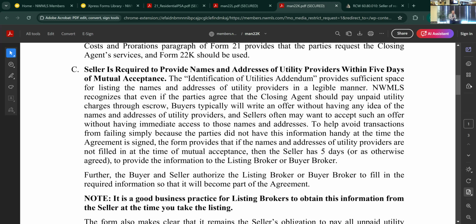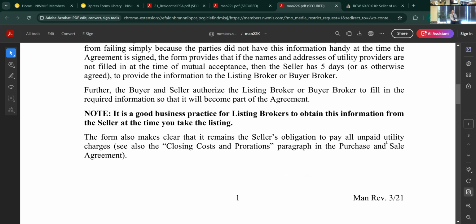If you're listing a condo, a single family residential property, or even a multifamily, you absolutely should have 22K already filled in. Name of the companies, the phone number, the website address, anything else that's applicable should be filled in. A lot of times people aren't good at knowing, so use this cheat sheet and you can find out from the property. But something to keep in mind, it's always a good idea that we tell our buyers